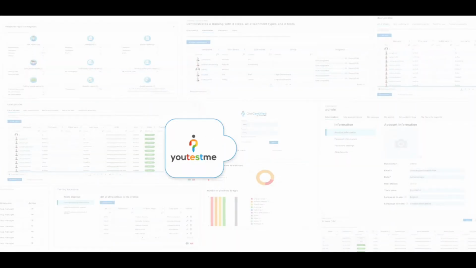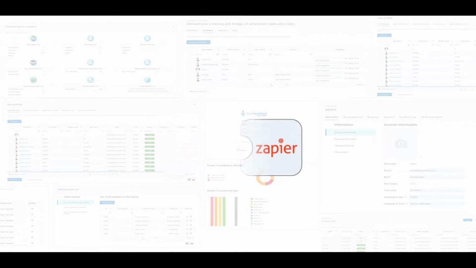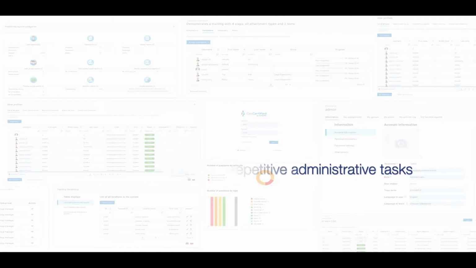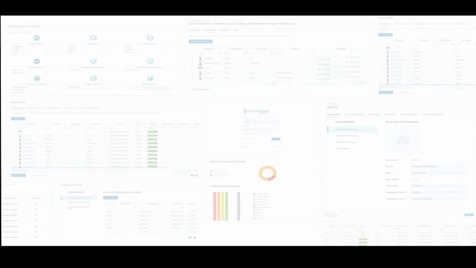YouTestMe has integrated with Zapier, so you can now automate data exchange between GetCertified and more than 1,000 applications. Zaps represent workflows that connect your apps to eliminate repetitive administrative tasks, facilitate data collection and analysis. In this video, learn how to set up the automated assignment of the users from Google Sheet to YouTestMe GetCertified